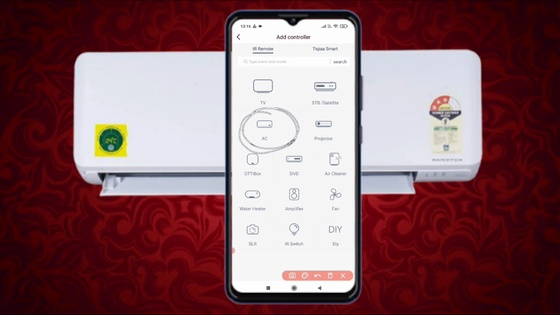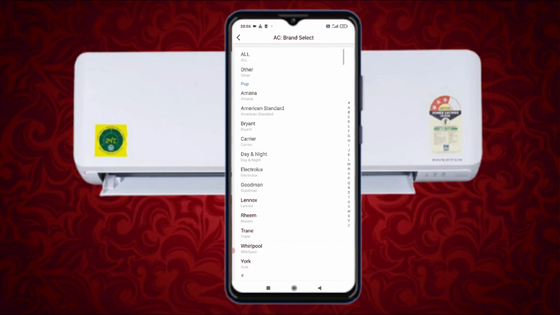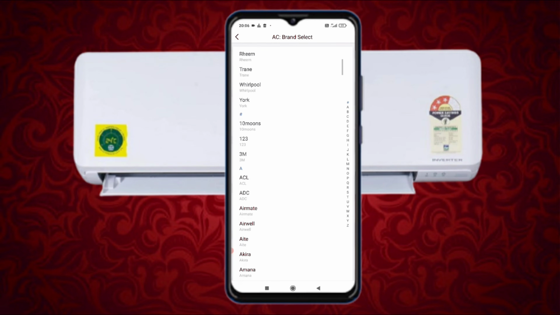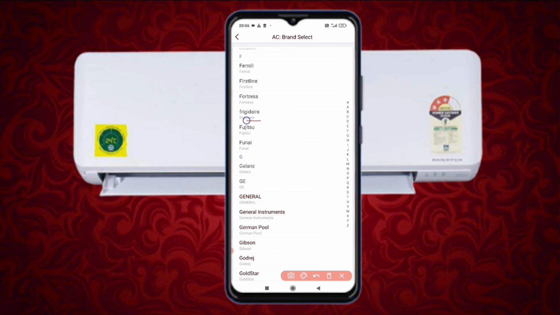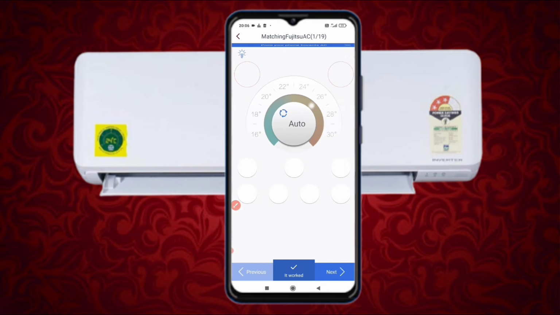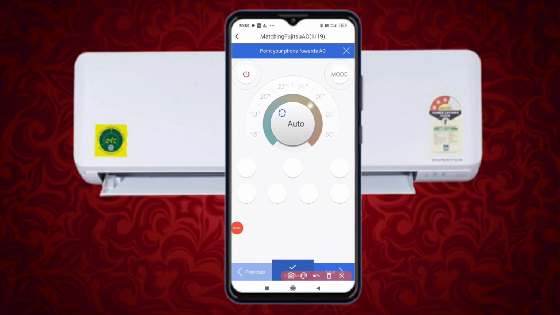After that you can see that there are many brands of AC. In this you can connect to an AC of any company. Now you have to find the AC brand, but you don't have to find General. Your AC will not connect to General. You have to find Fujitsu, and your AC will connect to Fujitsu only. Now you have to go inside Fujitsu, and the O General inverter AC comes under Fujitsu only. After coming in, the page with the remote has opened.